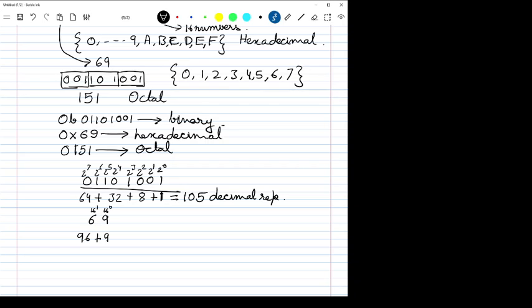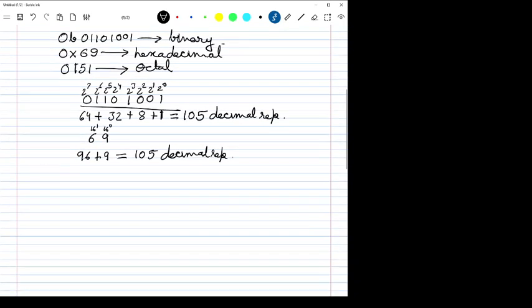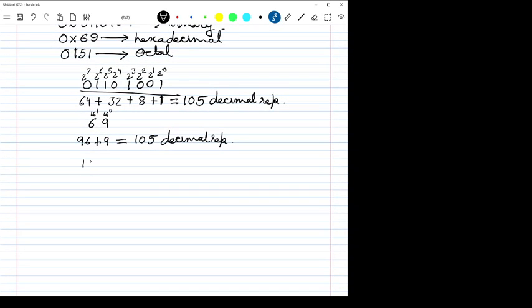16 is 96. 96 plus 9 is 105. So that's a decimal representation of that same number. Now the next thing is the octal number. The octal number is 151, right? So this is going to be 8 raised to 0, 8 raised to 1, 8 raised to 2, right? So this will be 64. This will be 1 into 8, 5 is 40, and this will be equal to,